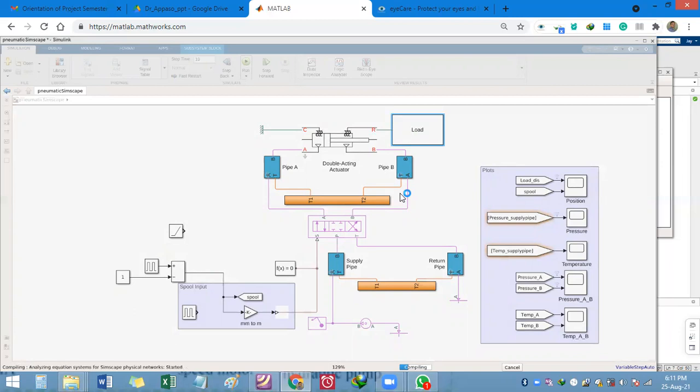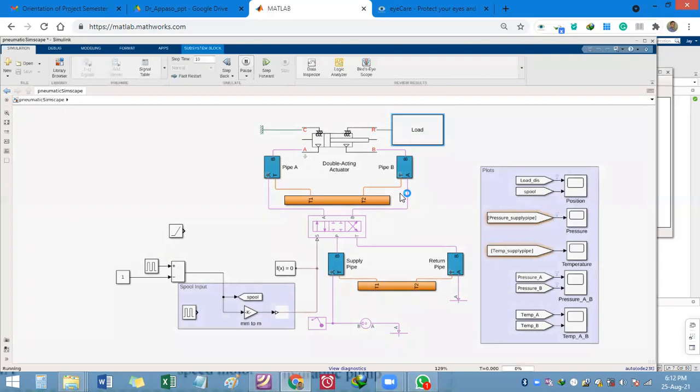Just wait for a few seconds and let it run. Okay, compilation is complete. Now it is running.